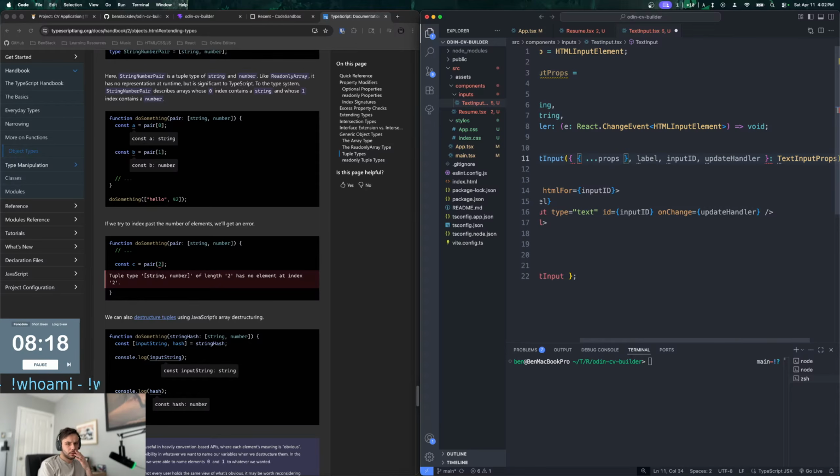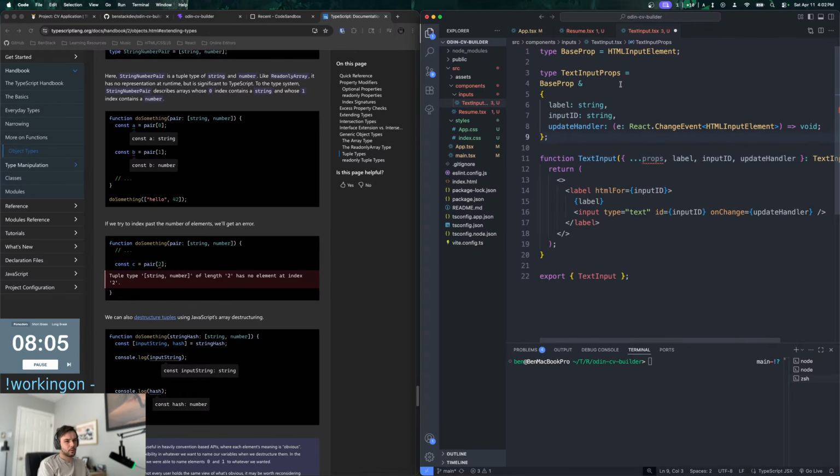Input HTML attributes. Oh, that's the type for this. So that would be this.